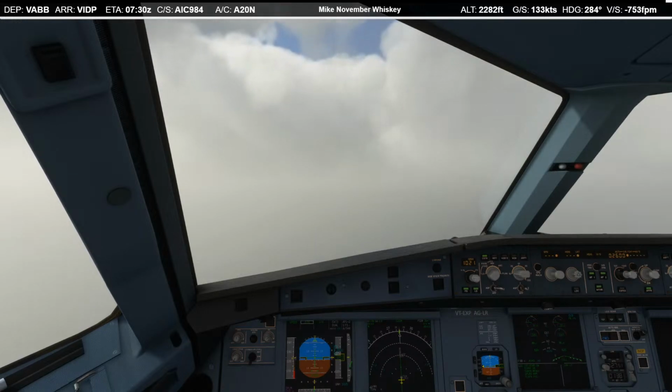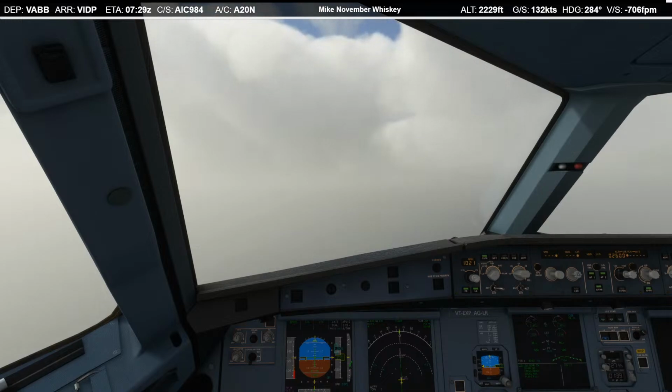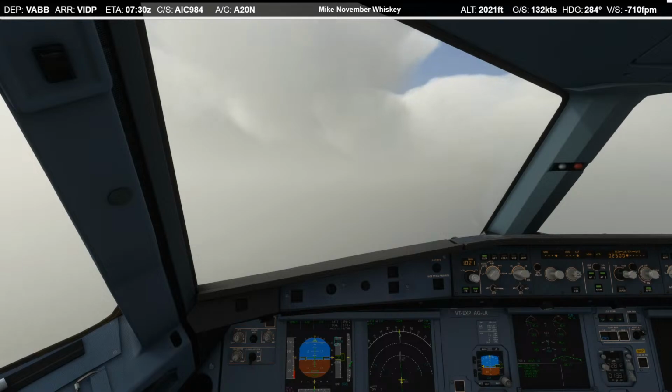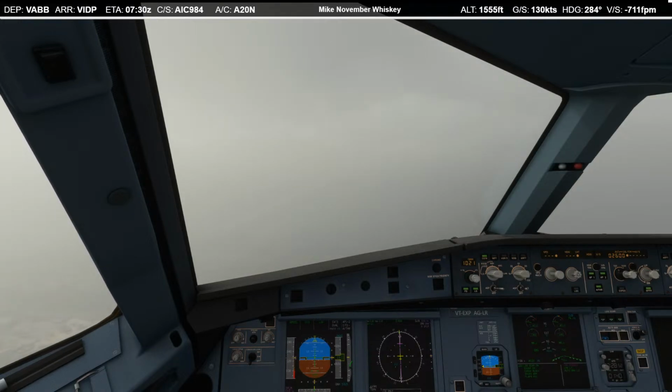So we'll keep it on autopilot until we have clear visual of the runway. 1,000. Practically no wind, it's just no visibility either.